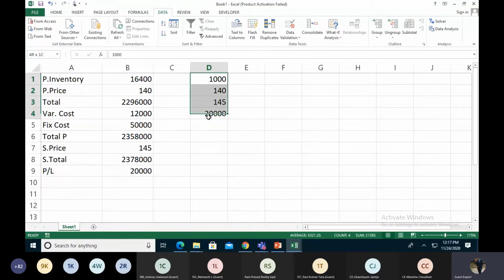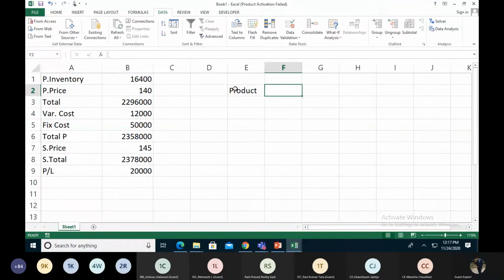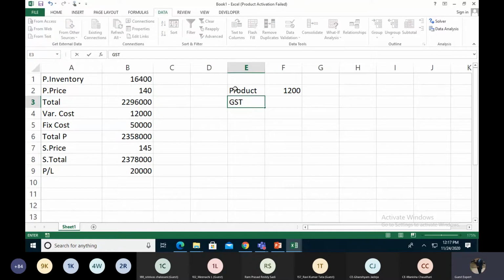Like, let's take one example. I purchase a product at 1200 rupees, and I'm working with GST, so the GST rate is 18%. So 1200 into 18%. The total value is 1200 plus 216. So 216 is my GST, which I have to pay.